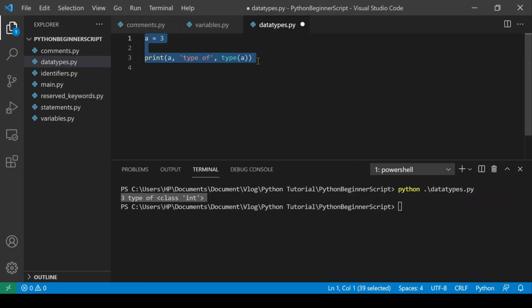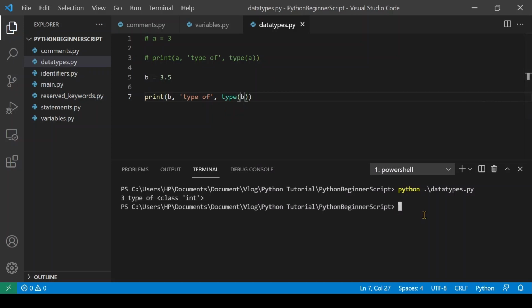Here you can see that the value of a is 3 and the type of a is int. A float or floating point number is nothing but a number with a decimal point. As you can see here, the value of b is 3.5 and the type of b is float.